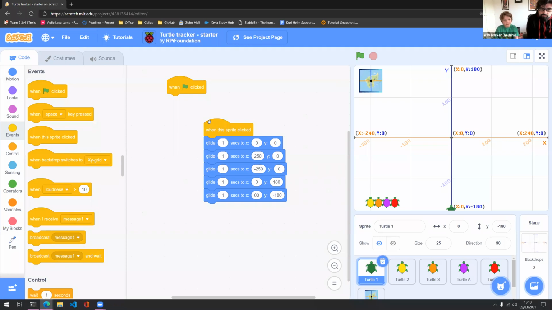Okay. Do you know how I use this? Like imagine it's the screen. No, naughty turtle. So we need to send him back to the beginning. So his beginning position